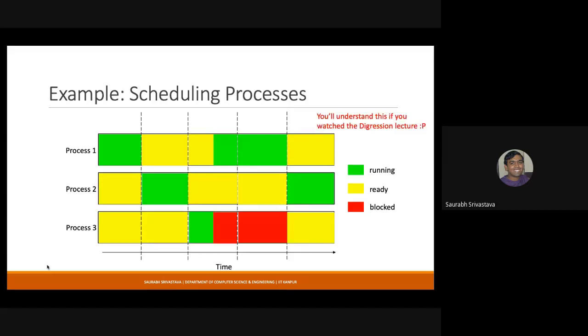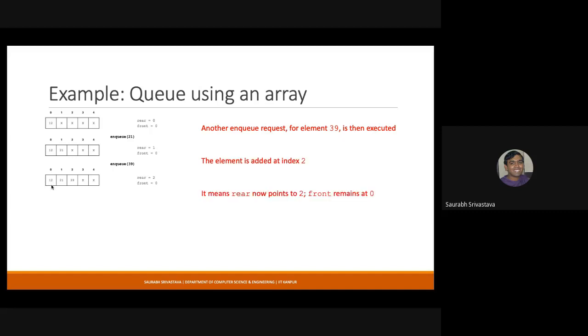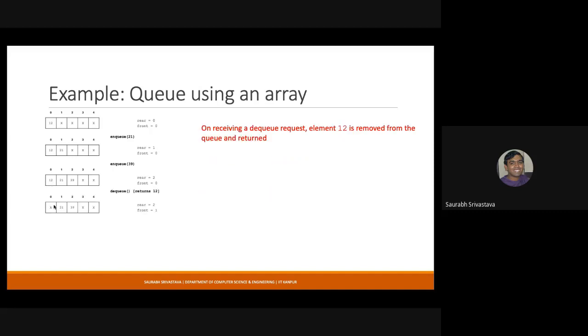So this is an example of CPU scheduling. I don't think we need to discuss it. This is the basic idea of queue. You basically have a front and rear in the beginning right here. When you add a new value, when you NQ a new value, the rear part goes here and the front is still here. You add another value, the rear part goes here, the front is still here. When you DQ a value, the front moves ahead and this value is thrown out of the queue. Another DQ operation, and the front and rear are both here now, and another NQ will now take rear ahead.